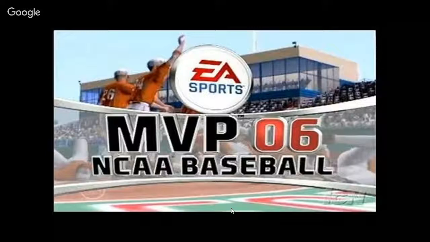Oklahoma State will be in their gray jerseys. Wake Forest will be in their white. That was what Oklahoma State wore and Wake Forest wore in game 1. Game 2, Oklahoma State was in white. Wake Forest was in black. Let's see if Wake Forest has any other jerseys besides white and black. They only have white and black. Okay. Oklahoma State only has white and gray.